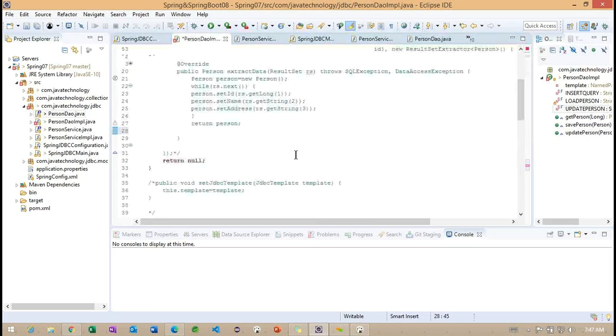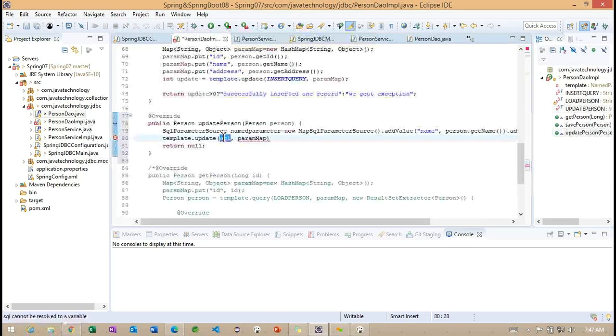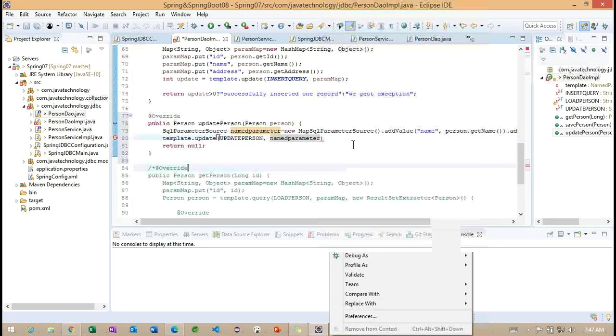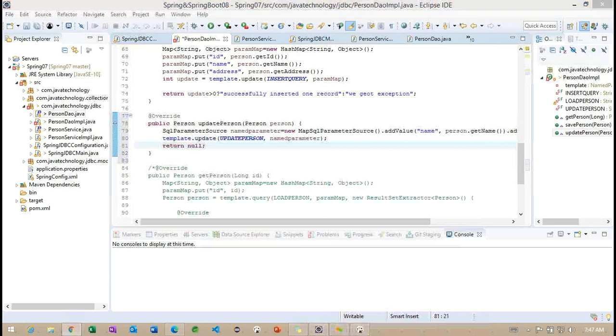Okay, now what I'm doing here, implement name update, which returns an integer number. So it is going to provide some information.